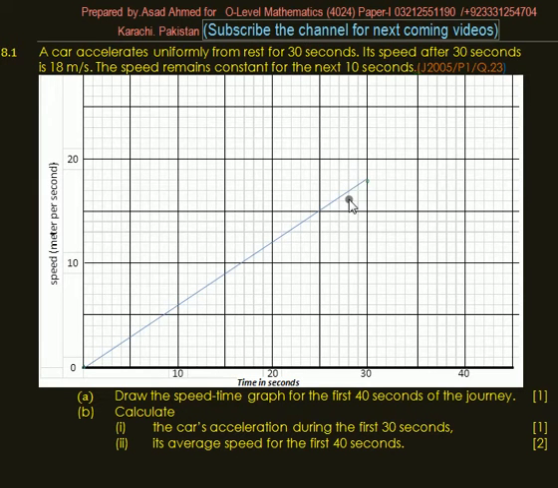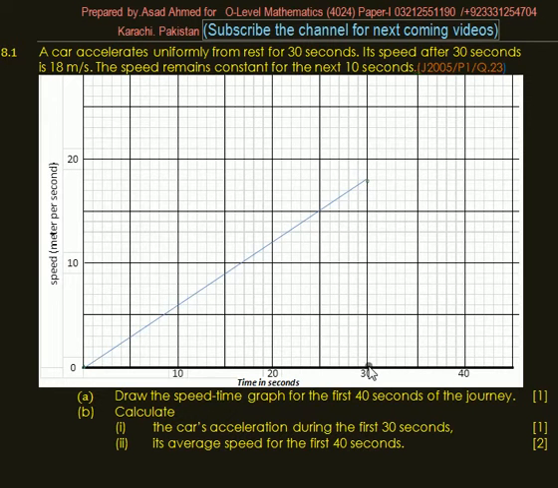Now this is the straight line which shows the slope in the speed-time graph, and this reveals that it is an acceleration. Whenever a straight line is drawn in a speed-time graph, the slope is called acceleration. So it accelerates from rest, straight from 0 up to 18 meters per second